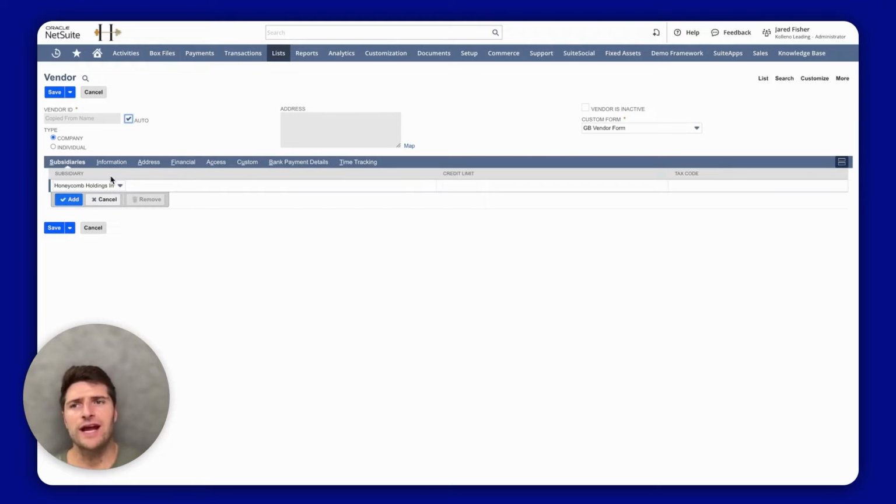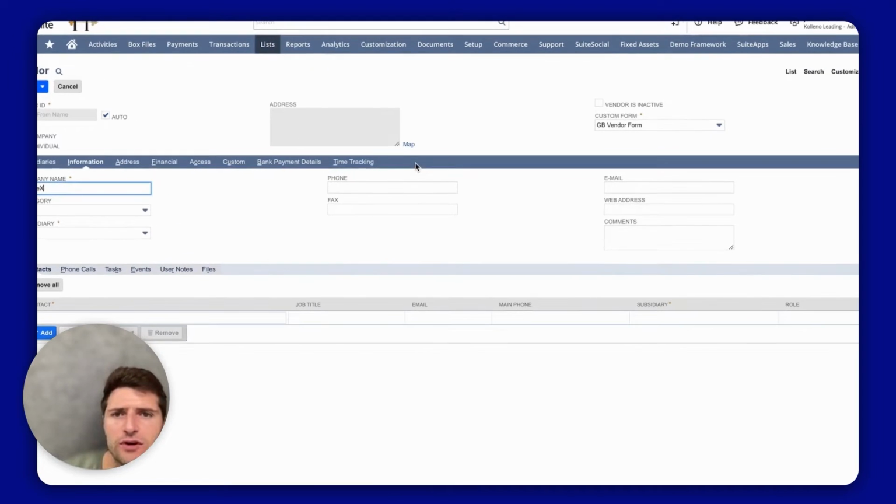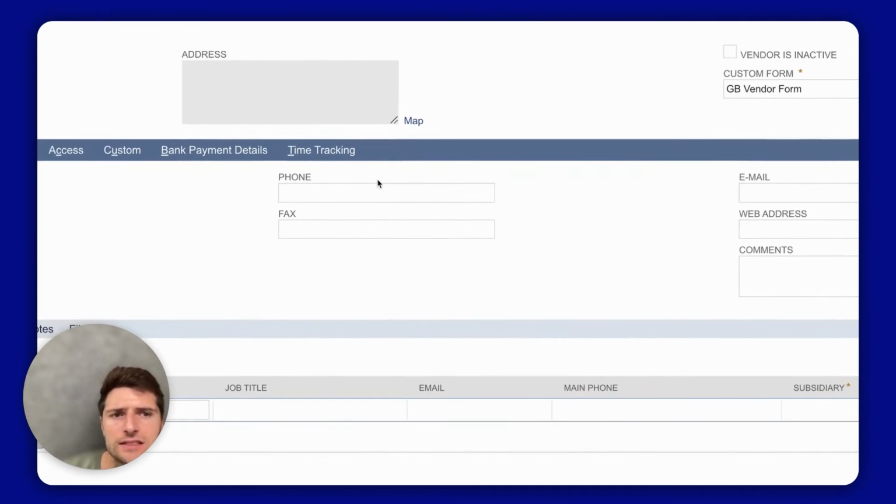The first step when creating a new vendor is to first decide which subsidiary you want it to live in if you're using a multi-subsidiary setup within your NetSuite. So in this case, I've set it to Honeycomb Holdings. I'll then come and add some additional information such as company name. And you can see that you can add other additional information over here such as phone numbers, email addresses, and